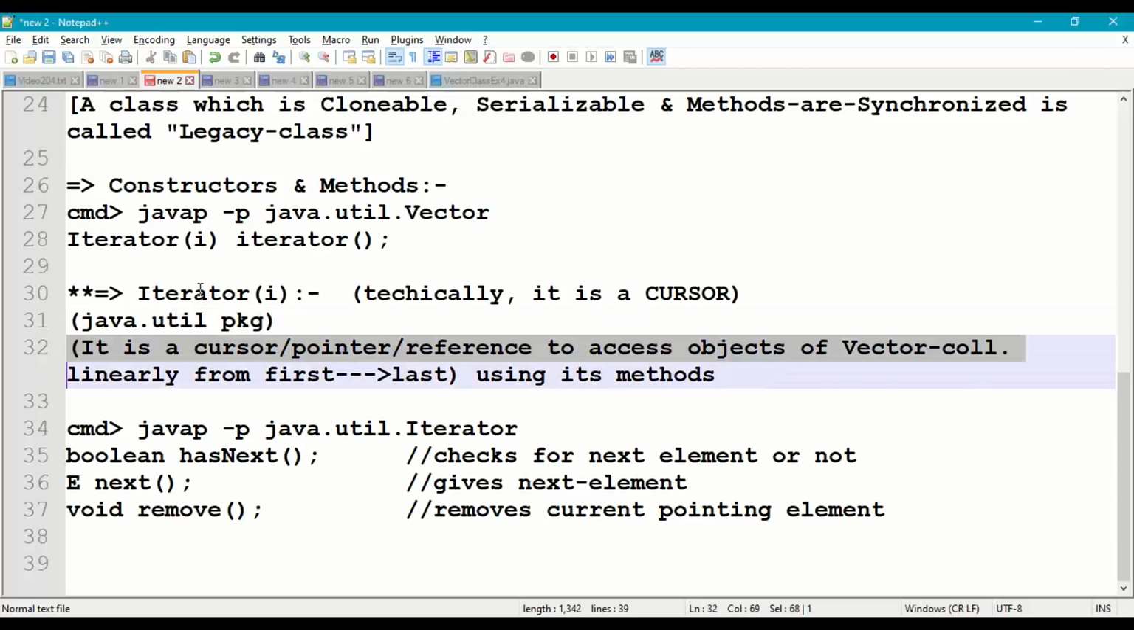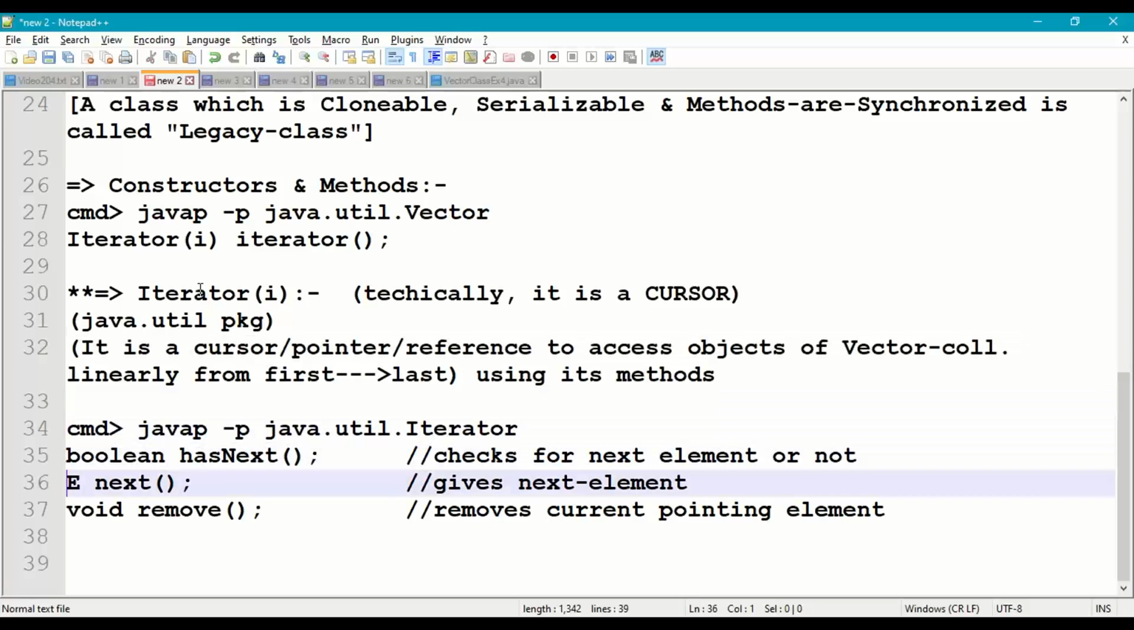So what is the use of this cursor? This cursor or pointer or reference is used to access objects of a vector collection linearly from first to last using its methods. So it will work like a pointer or reference in memory to access vector class objects linearly from first to last. And these are the methods: